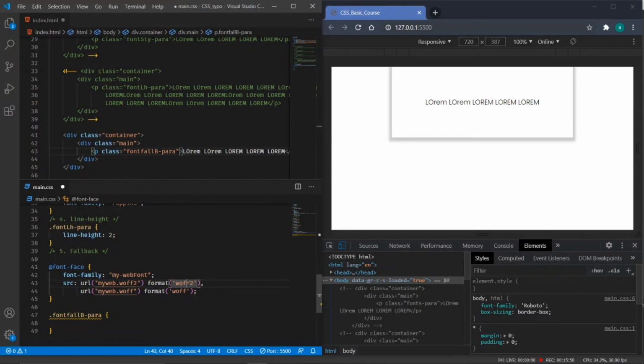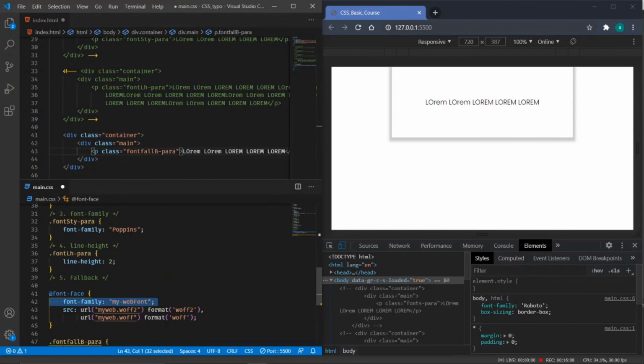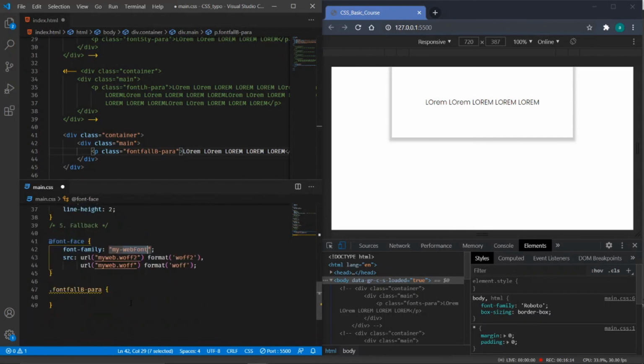Then there is TTF for the Safari browsers, and the font family is used to provide the naming. As you can see here, we have added the naming. The source is used to provide from where we can pick this particular font.